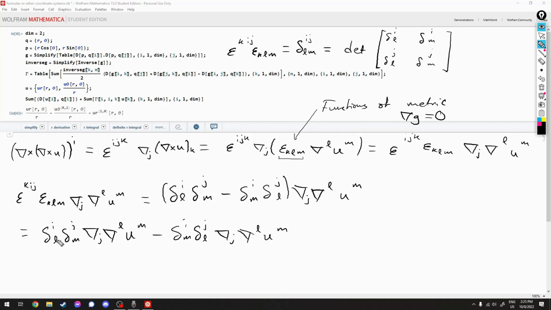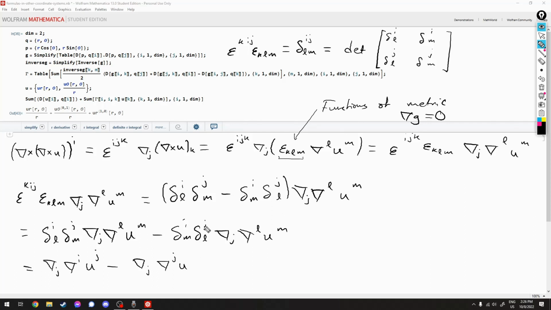What these mean is that we can replace l with i and m with j, because this is 0 whenever they're not the same. So this is del j del i u j minus, replacing m with i and l with j, del j del j u